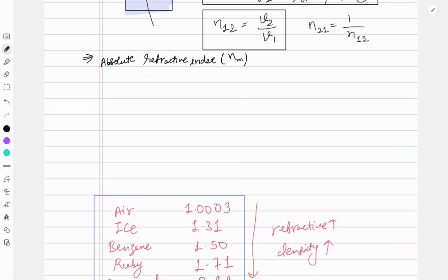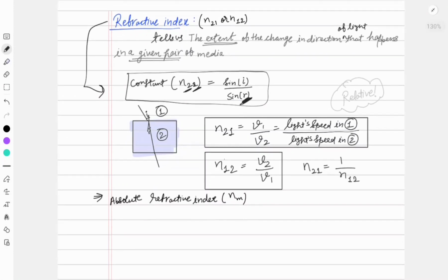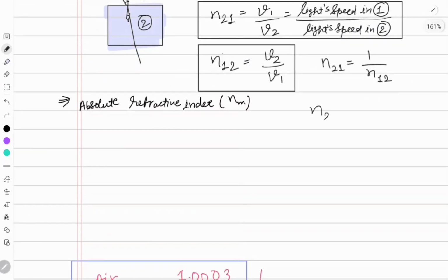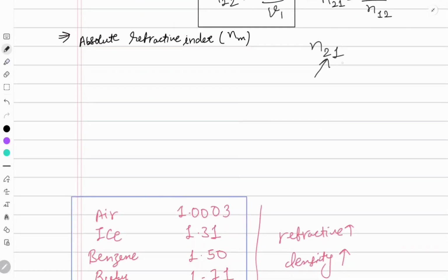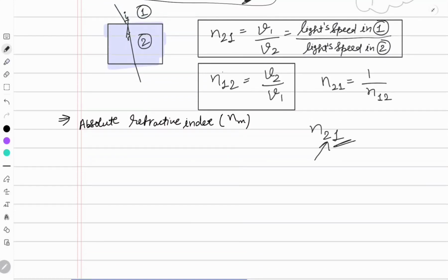What is absolute, right? So we talked about refractive index. It was always relative. We said, what is n21? It is the refractive index of the second medium with respect to first medium. We change the first medium, the refractive index will change, right? But we wanted to standardize it. We wanted to have only one value, depending on the changing of material, not on the changing of the other medium, right? We wanted an absolute refractive index. So what we did,